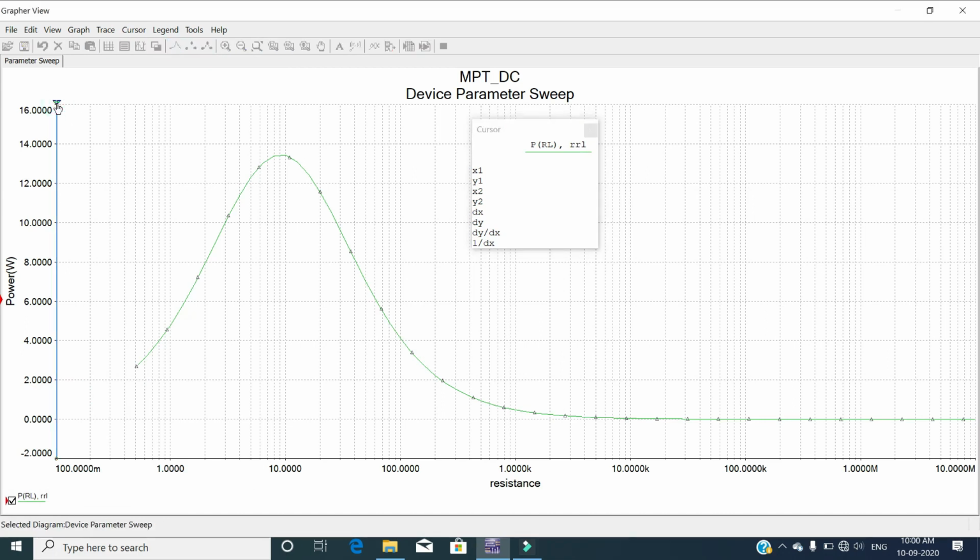So as I move one of the cursors towards right, you can see over here X2 and Y2 will vary as I move the cursor along the graph. So this X2 corresponds to the value of RL and Y2 corresponds to the value of power that is being delivered to the load.